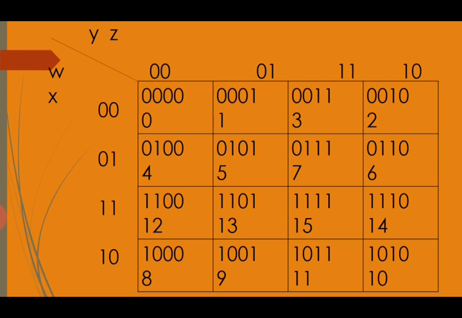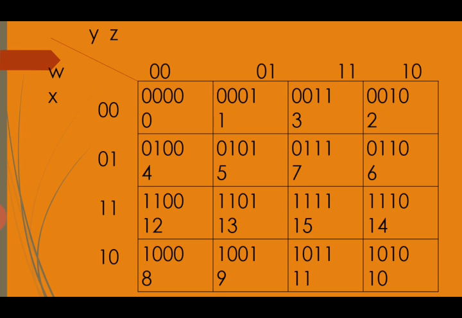So because of these, we now get 4 bit combinations here, and the first row first column has the combination 0 0 0 0, meaning 4 zeros, so ultimately it produces the decimal number 0. Then we move to the next column in the first row, which has 0 0 0 1, so 3 zeros and then 1, it produces 1, and then 0 0 1 1 produces 3, and then 0 0 1 0 gives us 2.